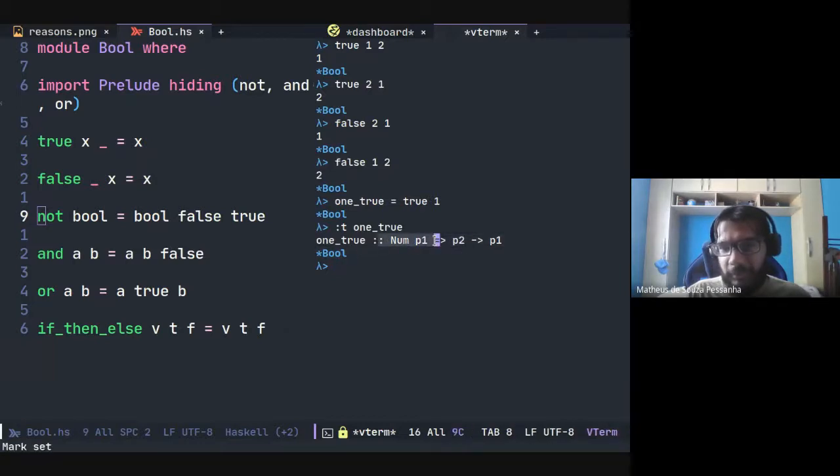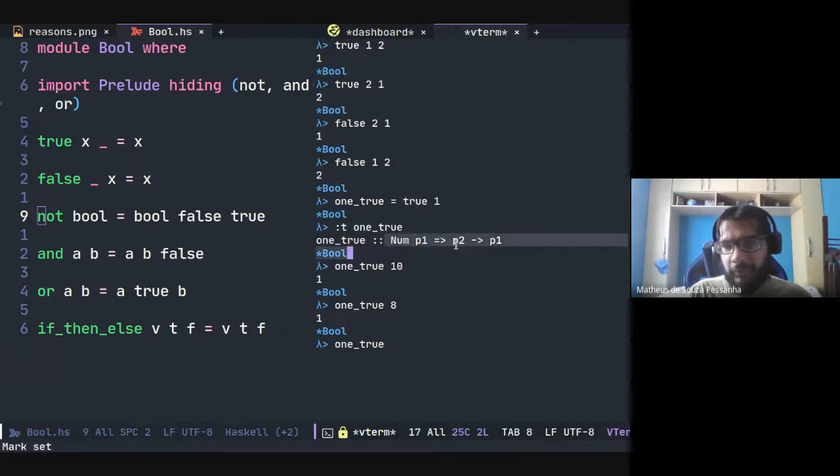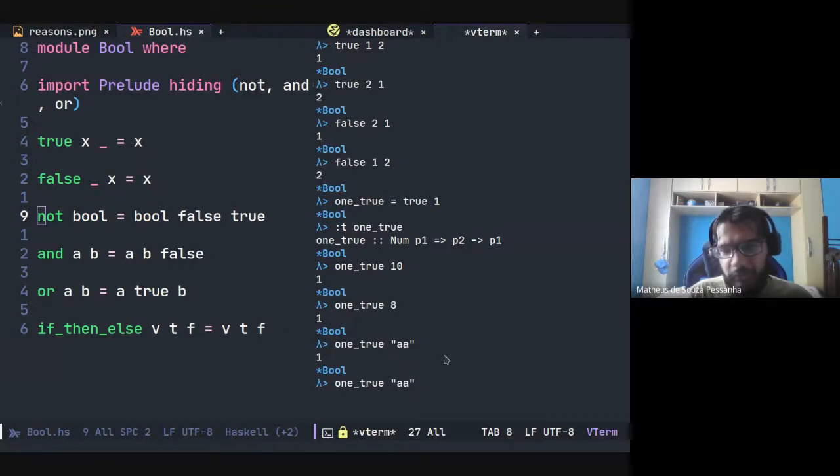Let's ignore this type class. So if we apply it to any other value, we only return the one. Also, this function is inferred to receive only non-type-class arguments. So if we try to apply it to a string, the type checker will not raise an exception.